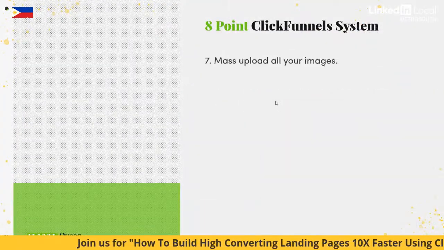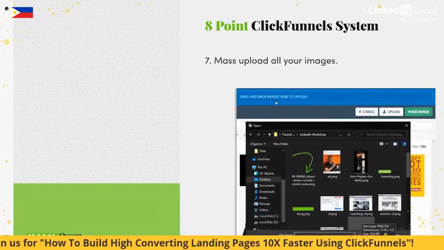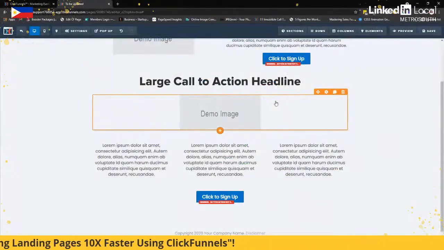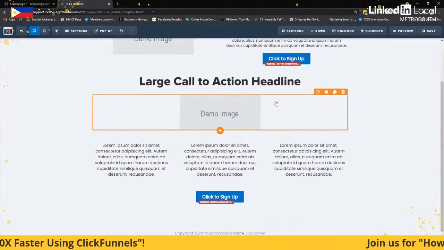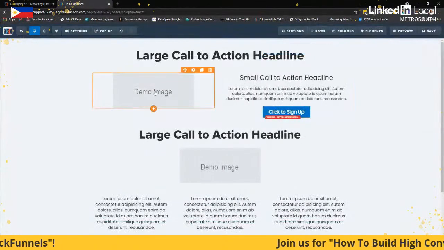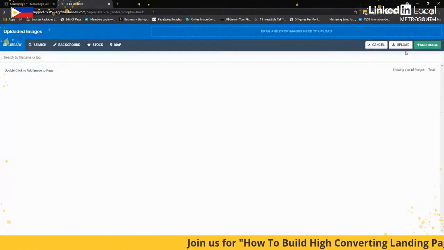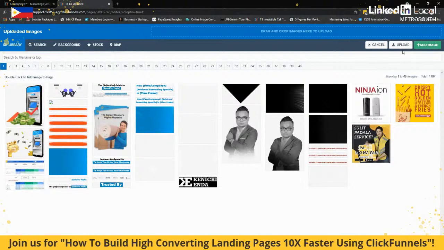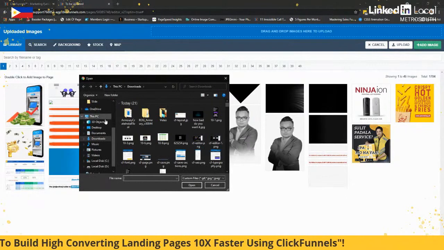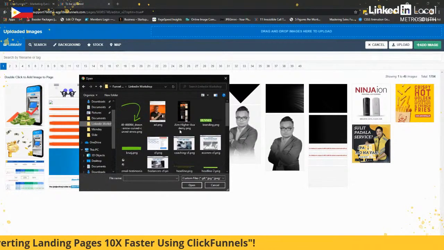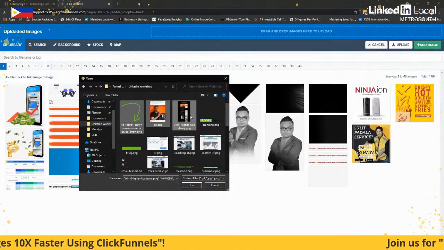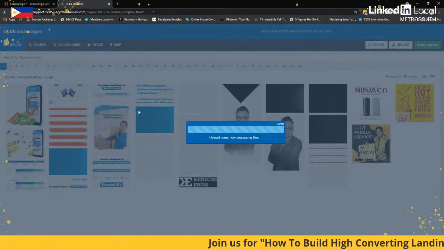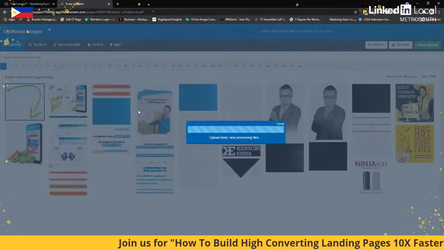Let's go to number 7. Mass upload all your images. All right, so again, the basic mistake is to upload the images one by one. For example, I'm building funnels now, so I'm going to update a few things that I need to upload. Let's just say I'll upload the first 3 because this is the first thing that I need to use. And then after that, I'm going to go back to editing headlines and stuff, and then I'm going to upload the images